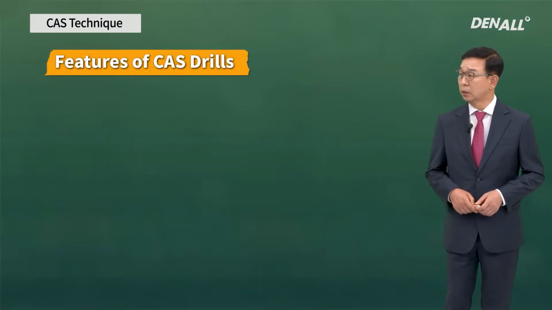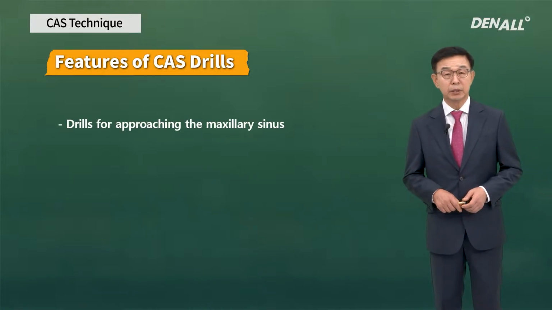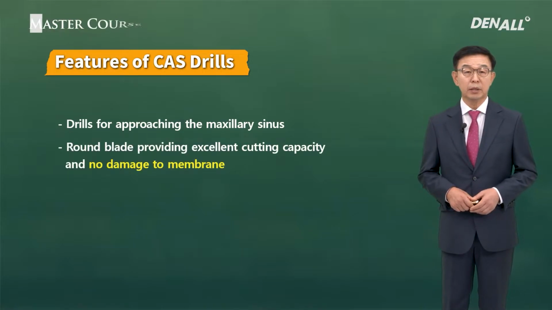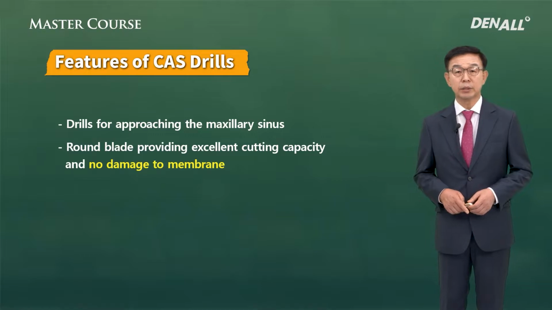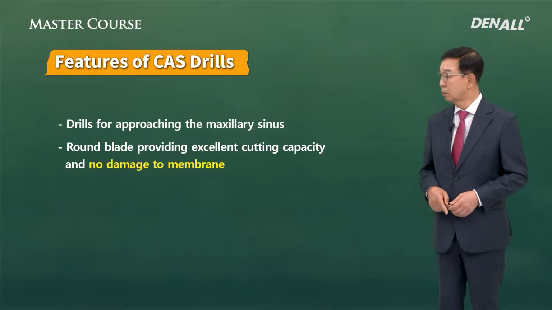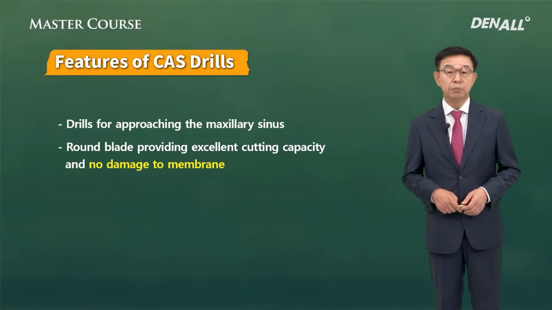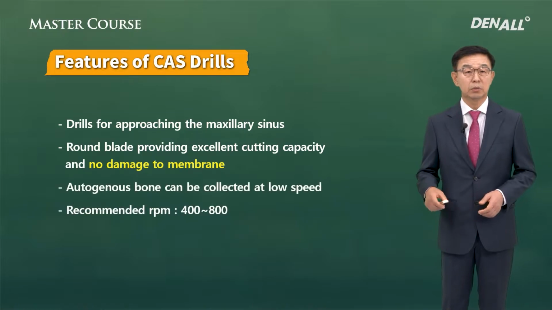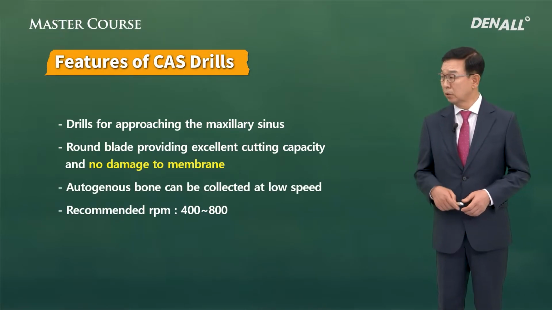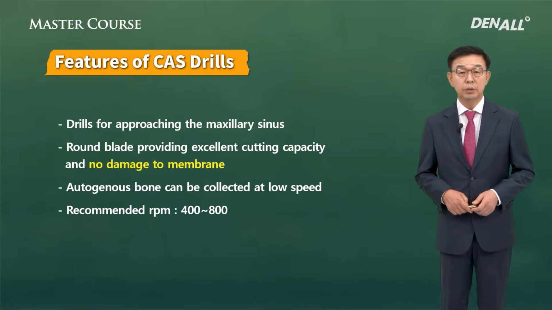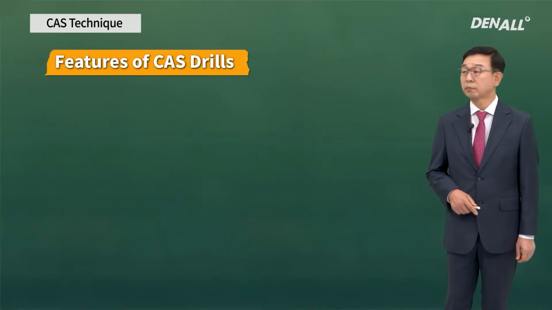Characteristics of the CAS drill. The CAS drill is used for drilling, and therefore there's barely any damage to the patient. On the other hand, the tip of the CAS drill is round. Even if it is in contact with the membrane, there's very little possibility of membrane perforation. You can do sinus lift fairly safely. The autogenous bone from the CAS drill can also be used for bone graft. Additionally,